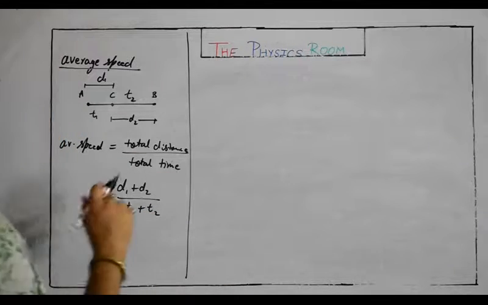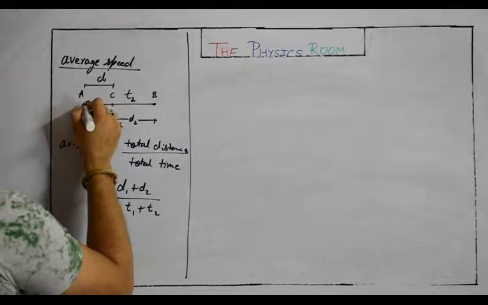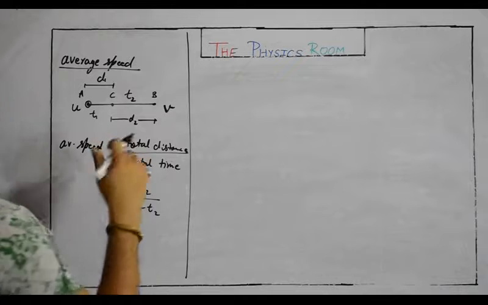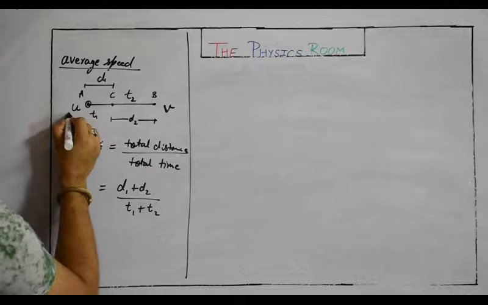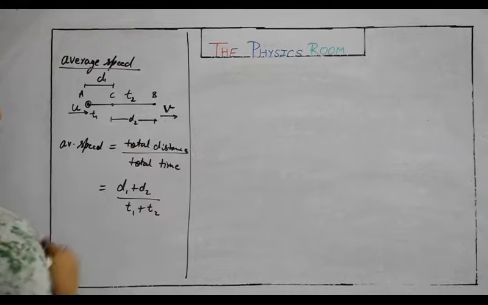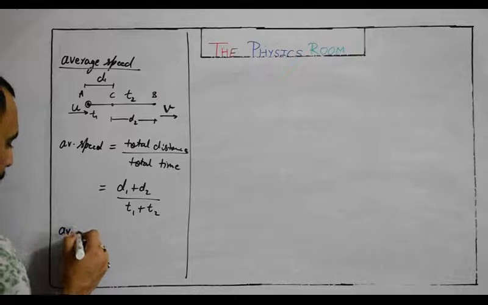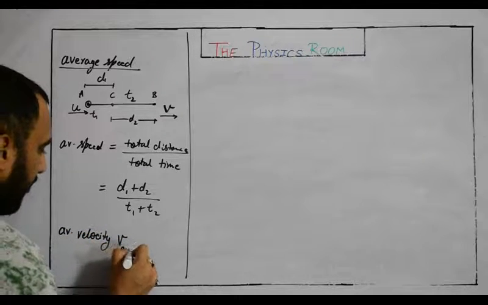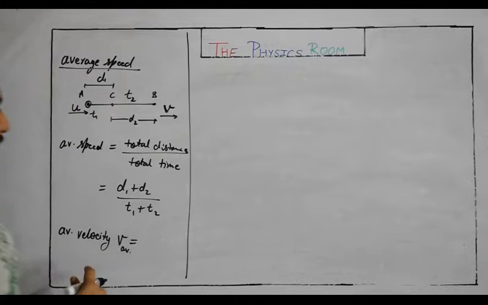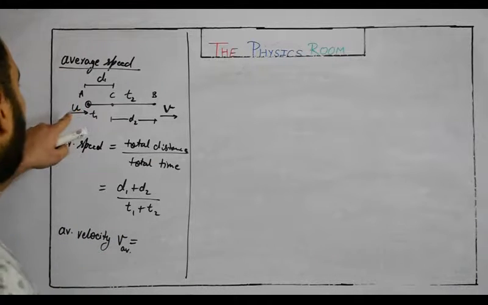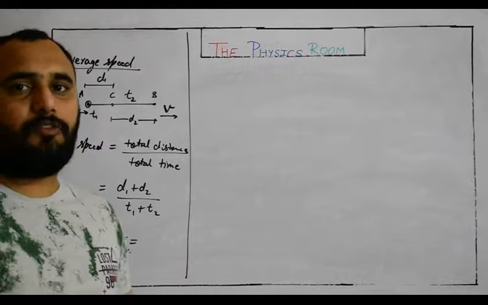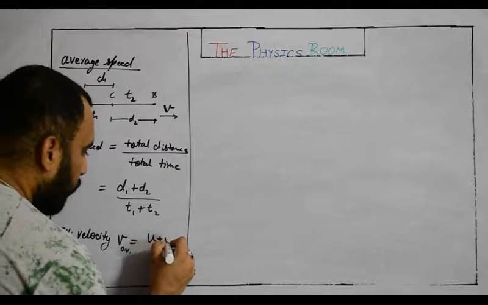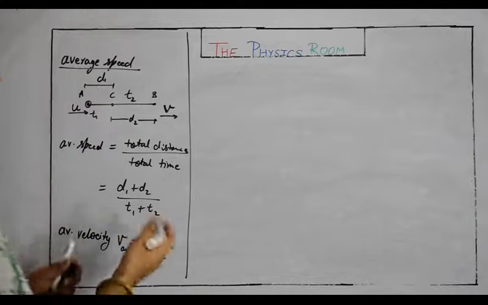Now if we are talking about a body having initial velocity u and final velocity v during the motion, meaning in vector form initial velocity is u and final velocity is v, at that time we need to discuss average velocity. Average velocity can be written as v average. So v average is simple. If you have initial velocity and final velocity, you need to find the average of them. So the general average of two numbers: u plus v by 2. So this is the basic thing.